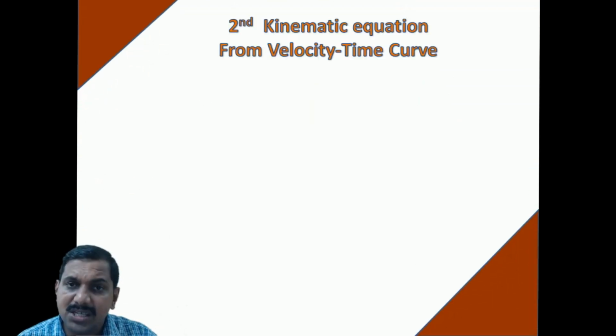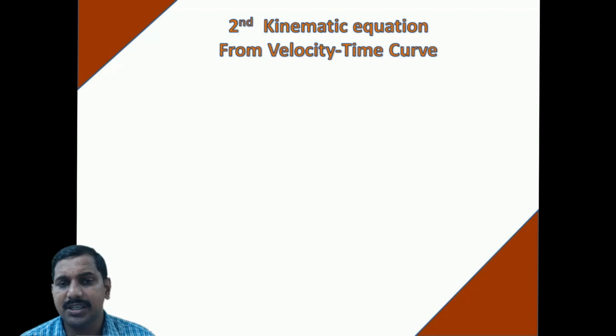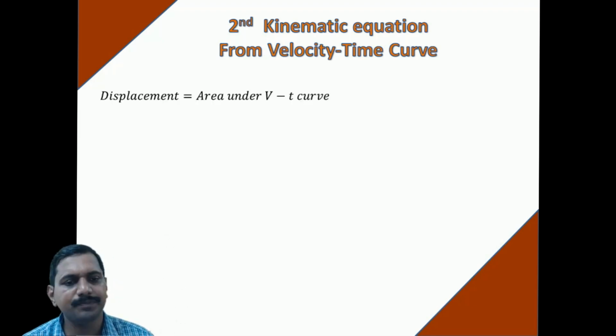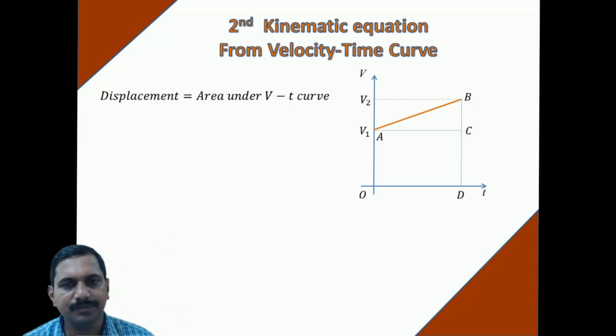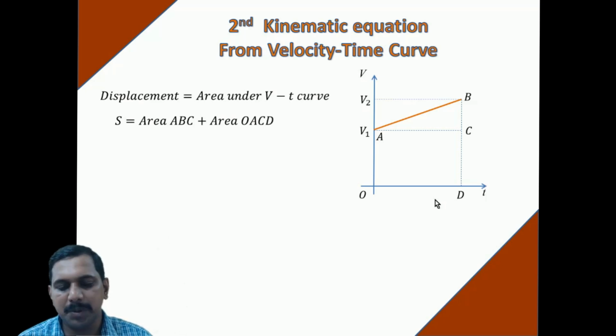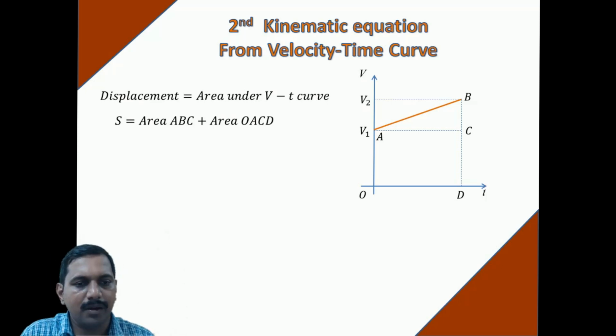Next, let us go with the second kinematic equation. Let us look at this. We are taking this from the velocity-time curve, various parts. So what is displacement? Displacement is the area under the v-t curve, right? If you have a velocity versus time curve, as we have shown, V1 is the initial velocity and V2 is the final velocity at two times. Okay, so let us do that. What is the displacement? Displacement S here is equal to